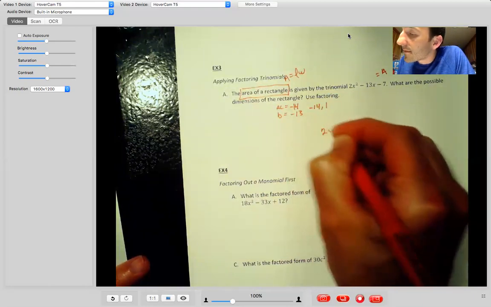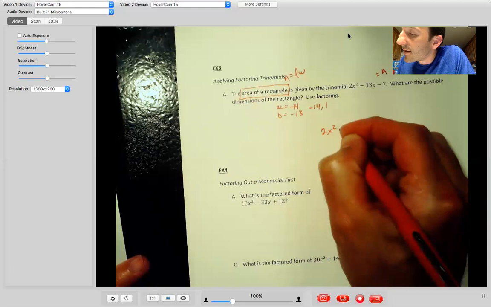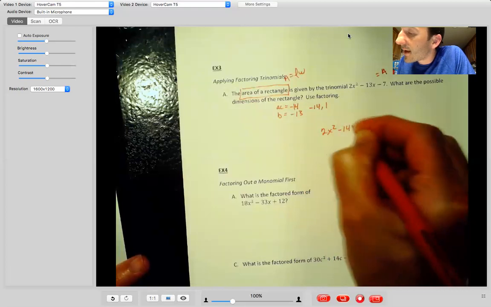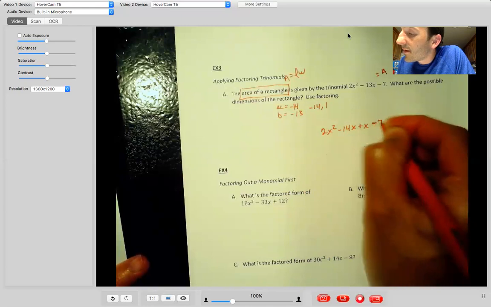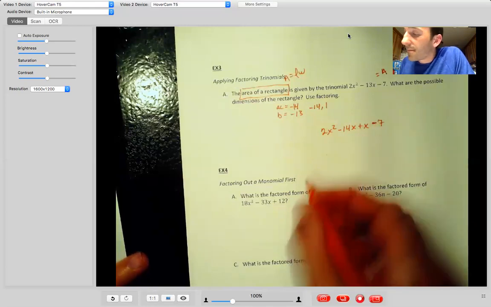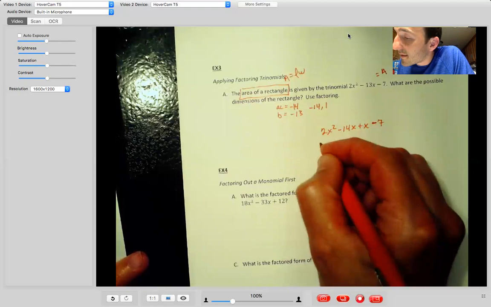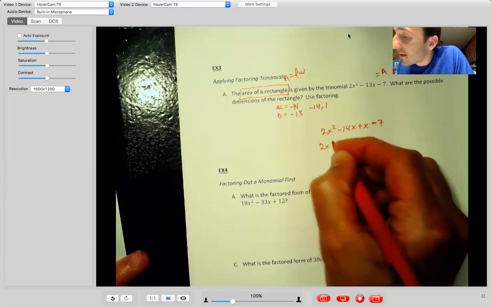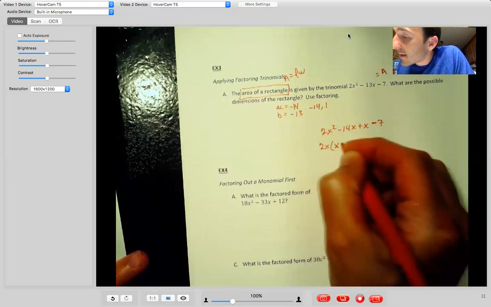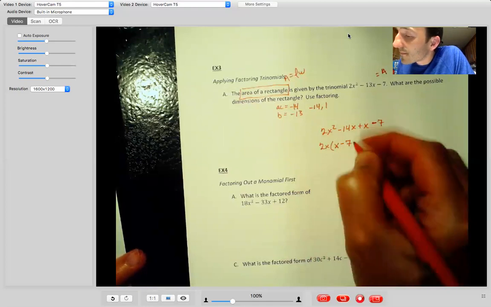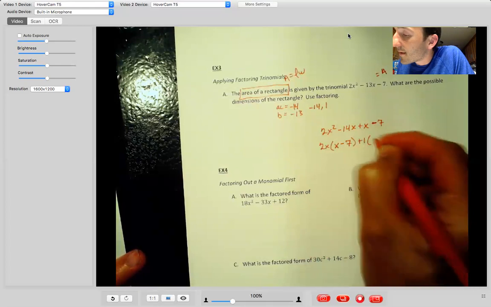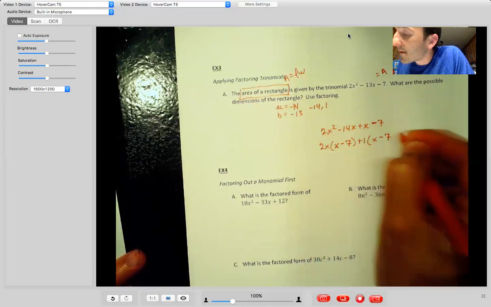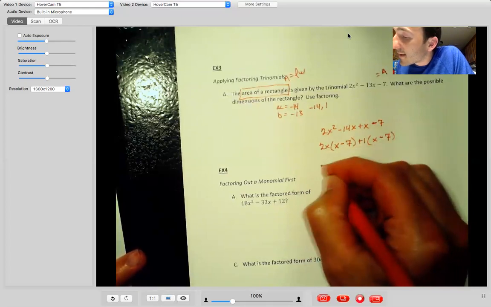So first step is to rewrite this as 2x squared minus 14x plus x minus 7. And then we go from there. So these two factor out 2x. And that's going to give me x minus 7. And then out of the last two, no common factors, so just a plus 1 times x minus 7. So our final answer,